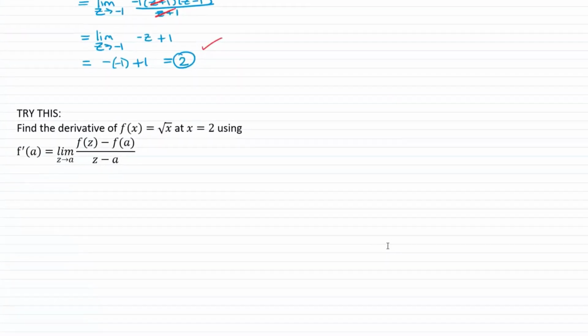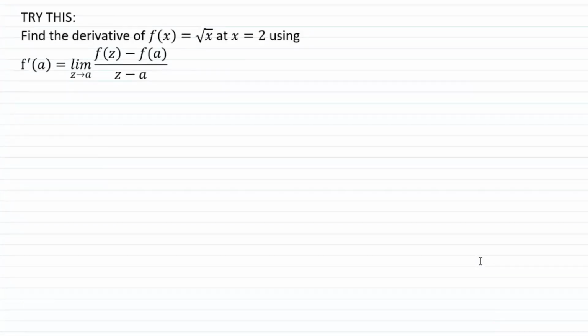All right, let's look at another one. It says, find the derivative of f of x equals the square root of x at x equals 2, using f prime of a equals limit as z approaches a, f of z minus f of a over z minus a. Okay, so this is asking the question a little differently than the previous problem, but it means the same